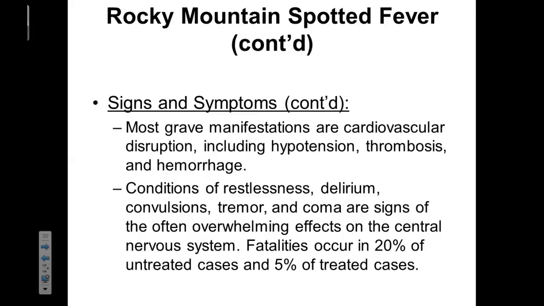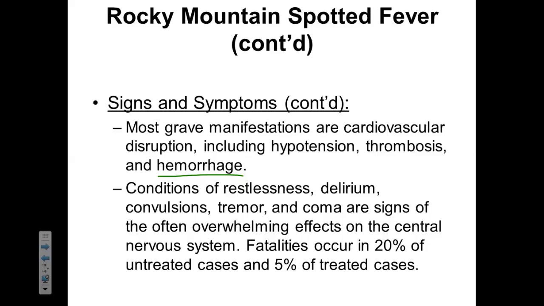Some other signs or symptoms associated with Rocky Mountain spotted fever also include cardiovascular dysfunction, hypotension, so low blood pressure, thrombosis, and hemorrhage. These conditions don't necessarily always manifest themselves. These are the most grave manifestations, so in very severe cases. Generally speaking, most patients don't have that hemorrhaging occur, so Rocky Mountain spotted fever is going to be categorized as a non-hemorrhagic fever. In patients that have the disease well established within their bodies, there can be delirium, convulsions,